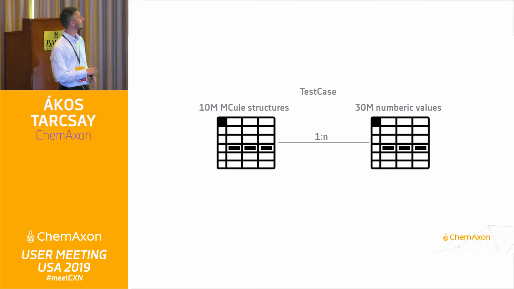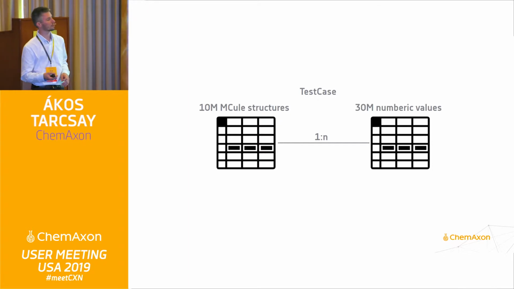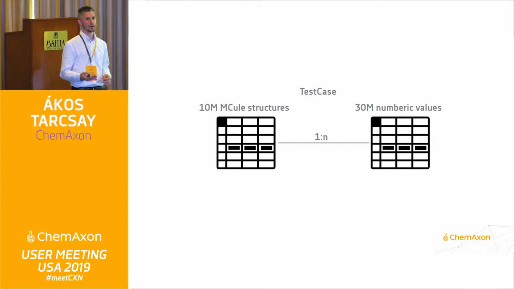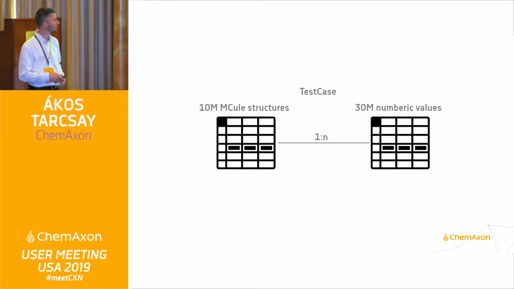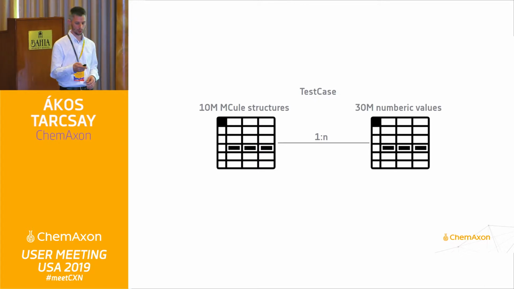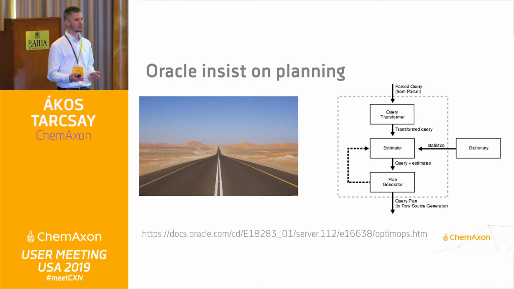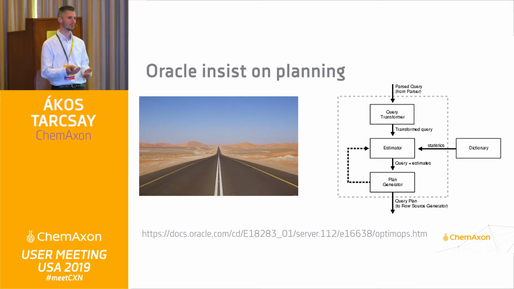So we imported 10 million structures from MQ and added 30 million numeric values to mimic measured biological activities, which is a one-to-many relationship. For every ID, we generated 3 numbers, and then started some investigations on this. But at this point, the team discovered